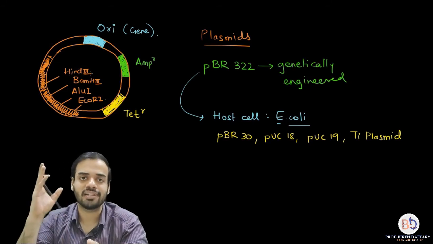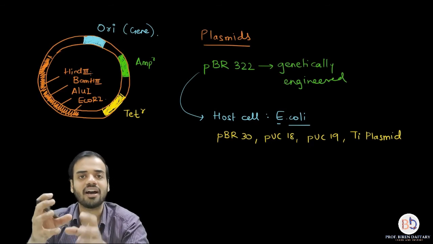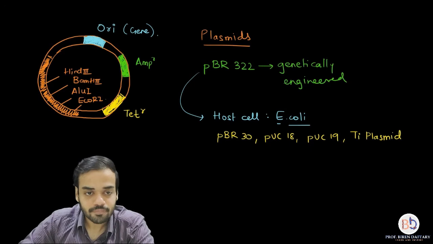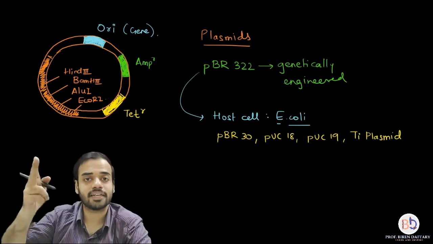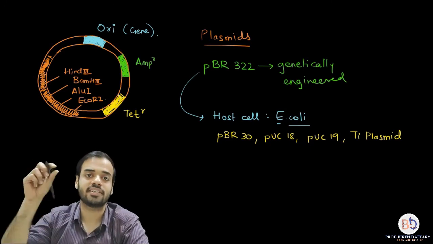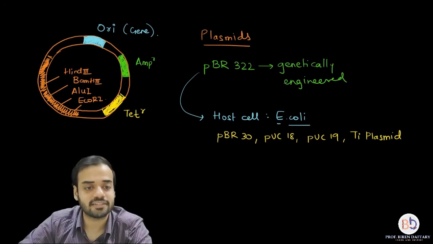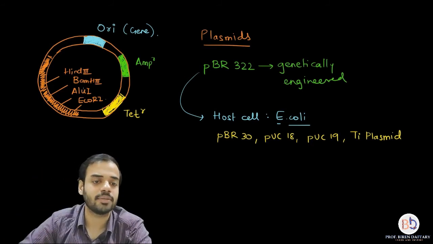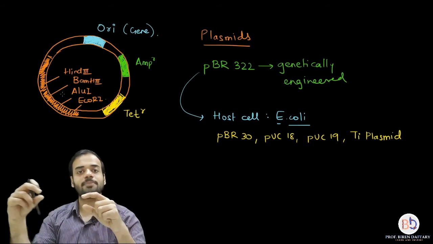Okay, if you have seen the lecture on restriction enzymes, you must have definitely seen them. So these are the areas where restriction enzymes are present. What this means is, if I go to this area which has a site for HindIII, that means the HindIII restriction enzyme can cut the plasmid over there and insert a DNA fragment. Similarly, if I have BamHI, then BamHI can cut in this area and insert a restriction fragment over there. Similarly, AluI can cut in this area. So each area has that specific sequence.